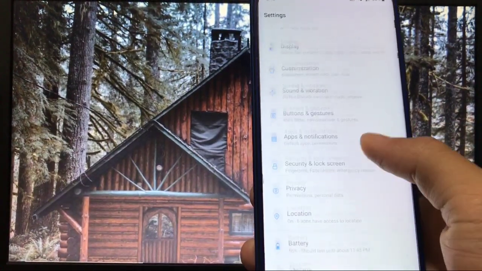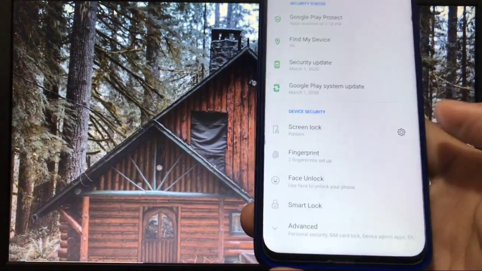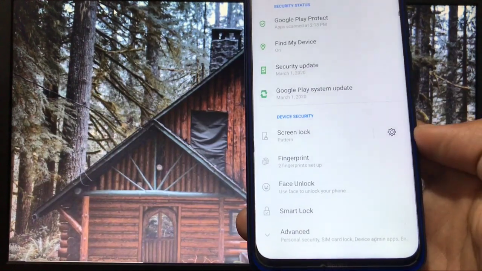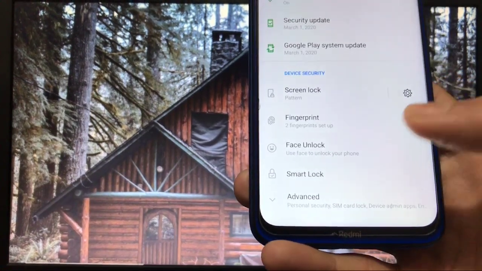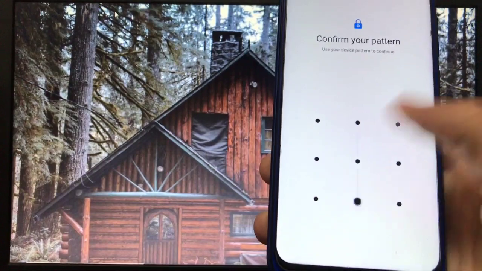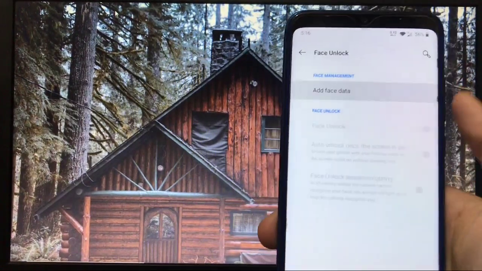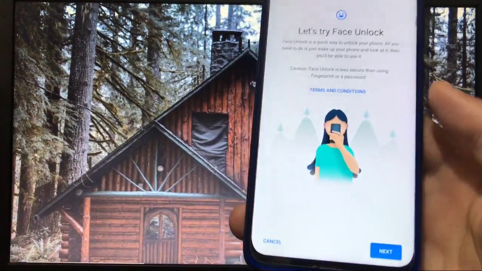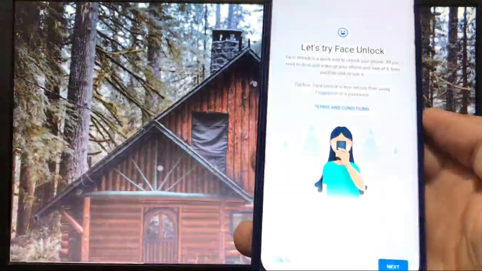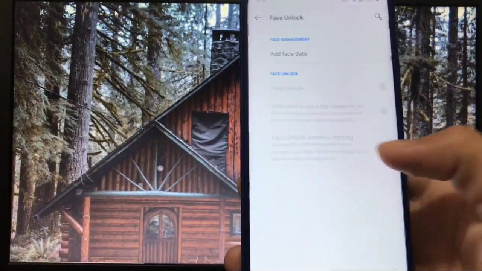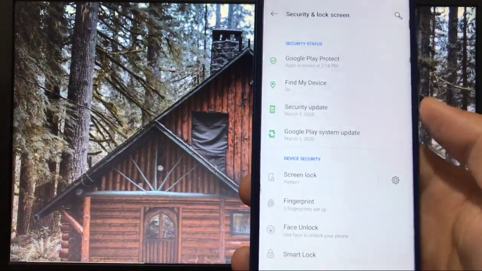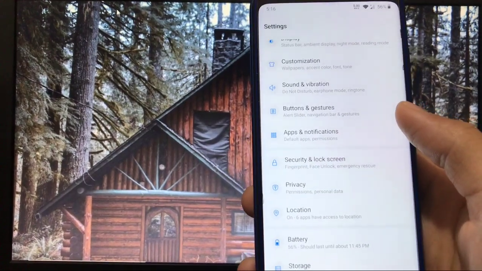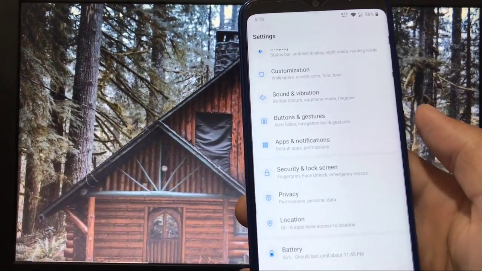And in apps and notification and security and lock screen, there is a pattern option available, fingerprint available. Face lock is not working. I have tried to add face, but face lock is not working. Do not try to use face lock because it will not work for you, as you can see. So face lock is not working, but fingerprint is there, so there are no issues in that one too.